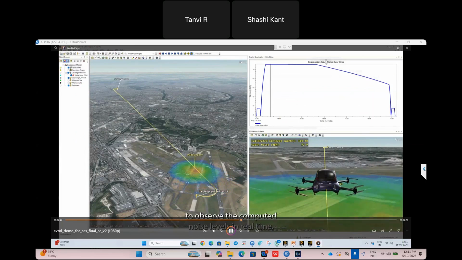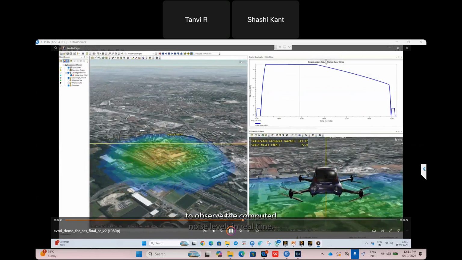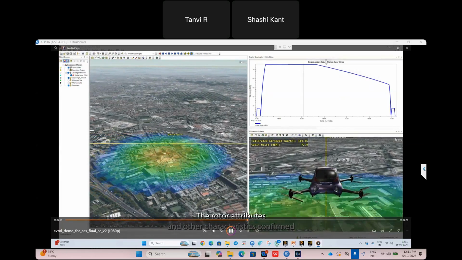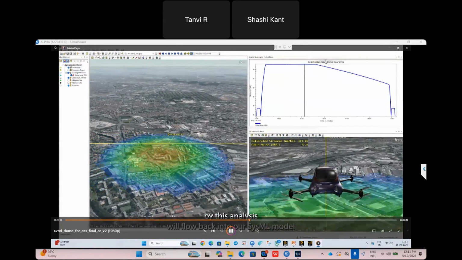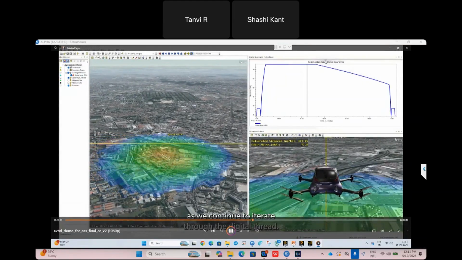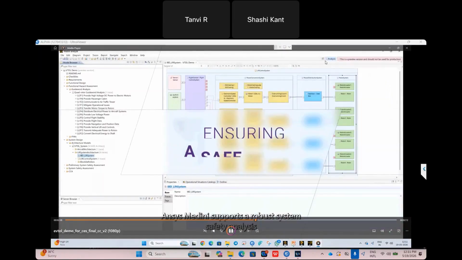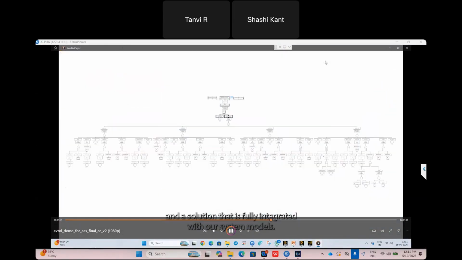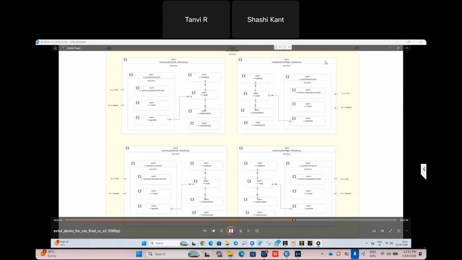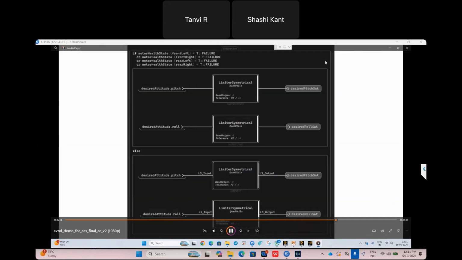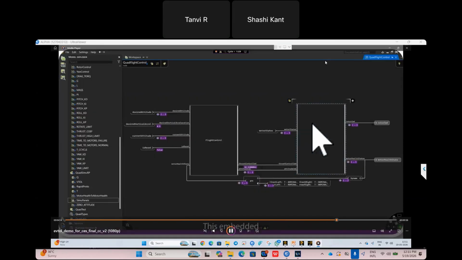We can define multiple types of paths, and we can see the response once again. The cabin noise, how the cabin noise is happening, and how much visible area. You can see the blue area and the red area. Red means you can see, and then the visibility is there. Radar profile also we can see. To ensure a safe journey, we can see the required certification validation happening out there. Whether the response of the eVTOL is perfect or not.